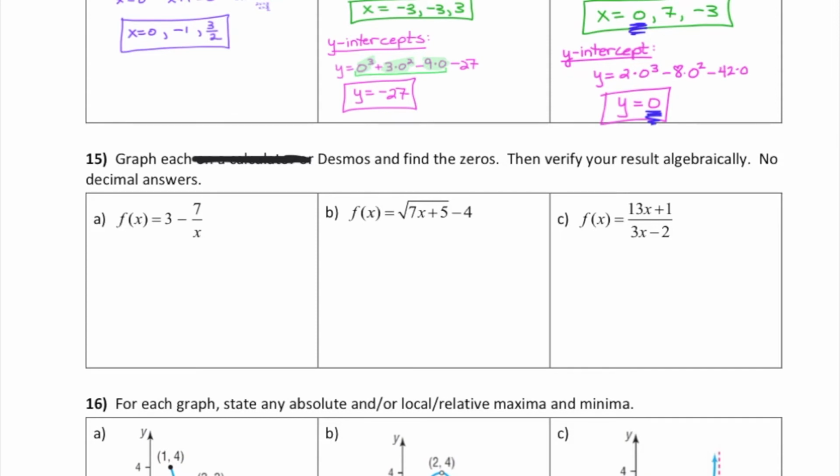So on Desmos and algebraically. So I need to see the algebra. I need to see you write out the steps and then give your answer without decimals. And you know that each of these is going to be a decimal answer on Desmos, so you need to figure out how to find the answers